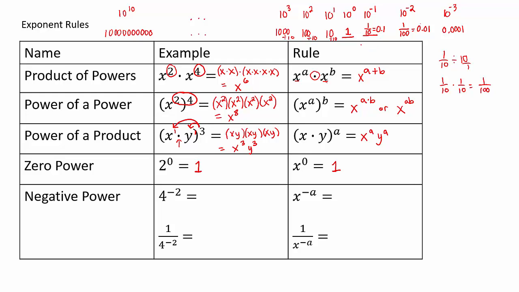So all this is to say that what negative exponents actually are telling us is that we have a fraction. And so what we're going to do is, if I have 4 to the negative 2, I want to think of that like the 4 to the negative 2 is going to